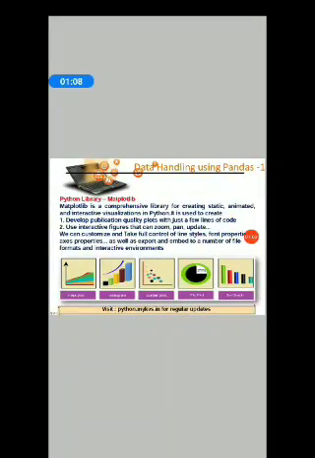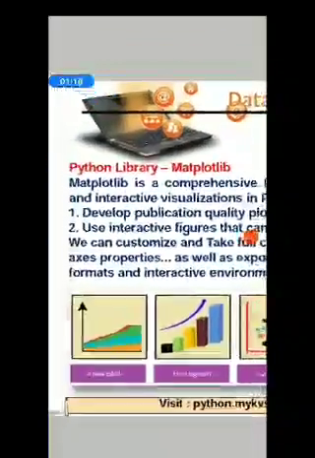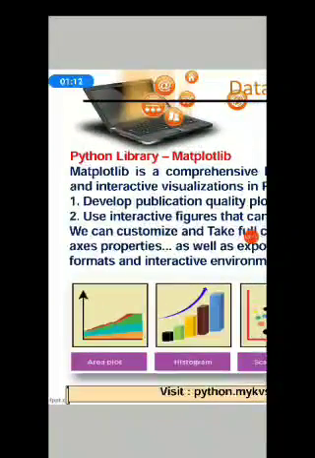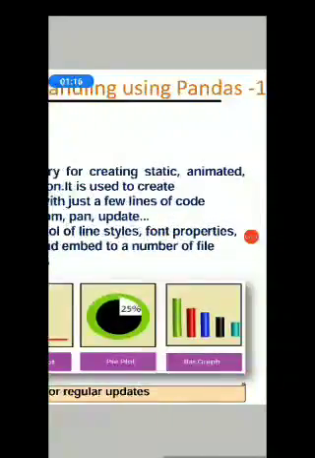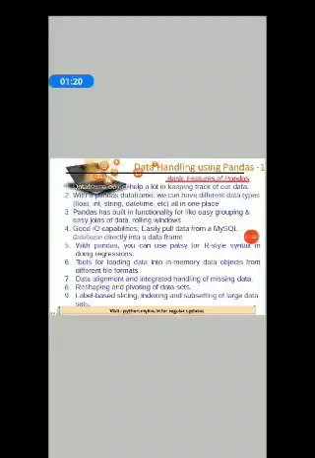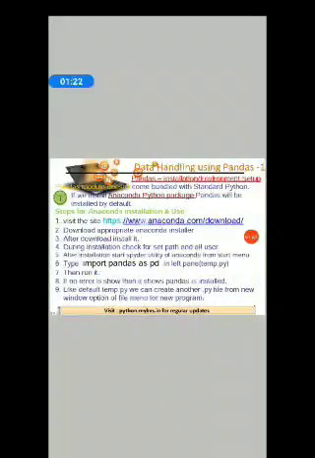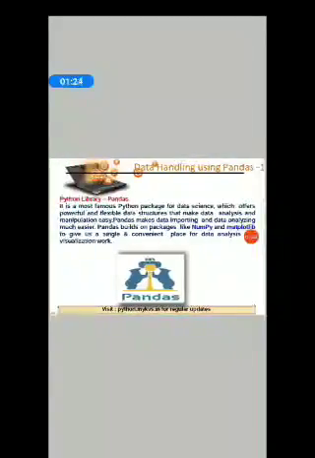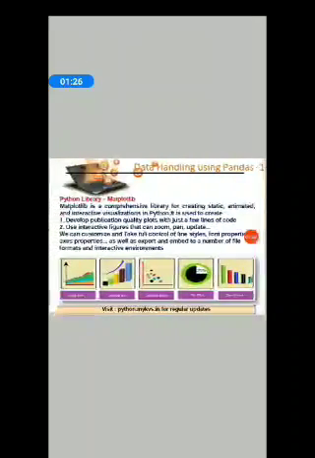Students, Python is a rich source of various libraries. Examples are matplotlib, pandas, numpy, etc. All these libraries you have to install in your machine.